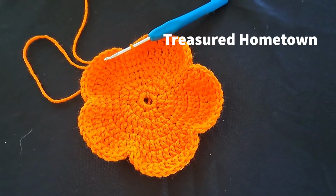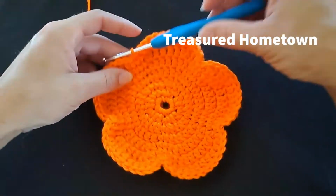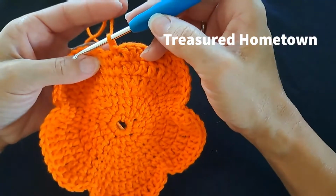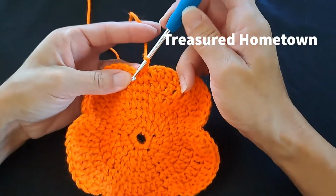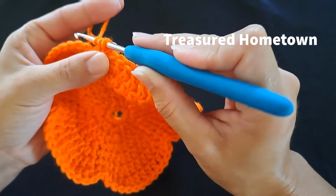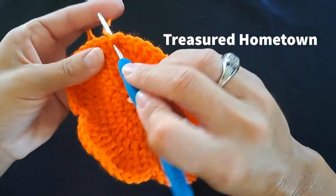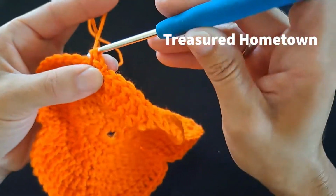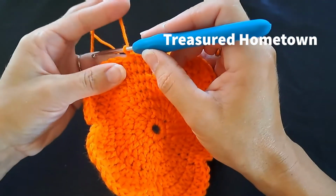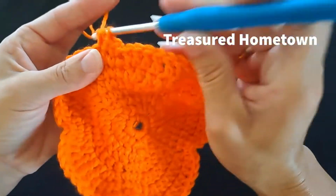And there we've just completed round 7. For round 8, we're going to start with chain 1, and then to begin our repeat for this round, we're going to single crochet into the same stitch that we slip stitched into, and then we're going to single crochet into the next stitch, and then we're going to double crochet 1 time into the next 4 stitches,